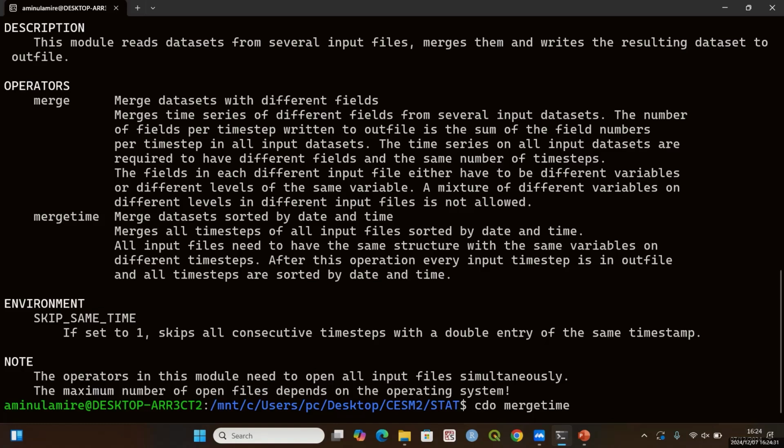CDO, merge time. Initially, we are supposed to write our files. But if you have many files like that, you have downloaded many files, you just need to write,